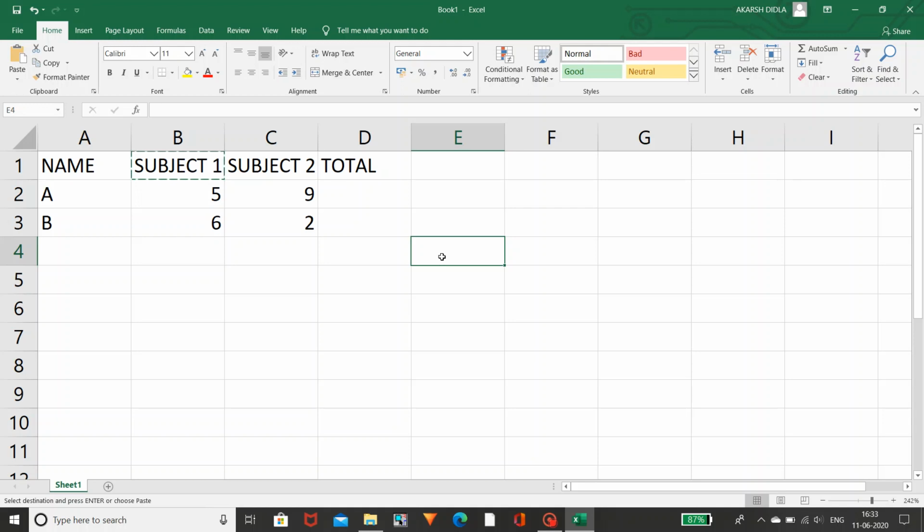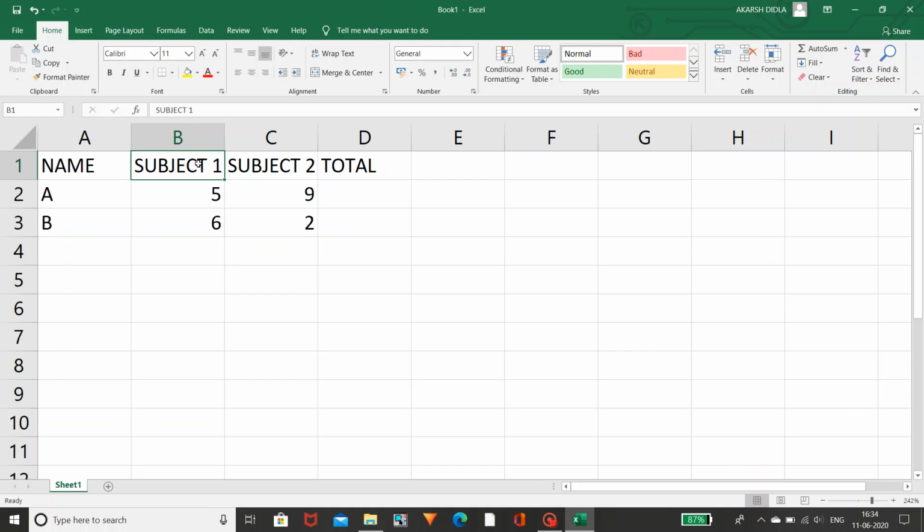So if you want to paste here, you can go to the paste option, and you can paste like this. You can notice the change. Subject one has been cut here and it has been pasted here. You can use the shortcut Control X, and if you want to paste here normally, you can use Control V. Hope you note the shortcuts. Why I am telling the shortcuts is that you can use Excel very speedily, so you can be professional by using this Excel. You can notice the advanced course if you learn the shortcuts.